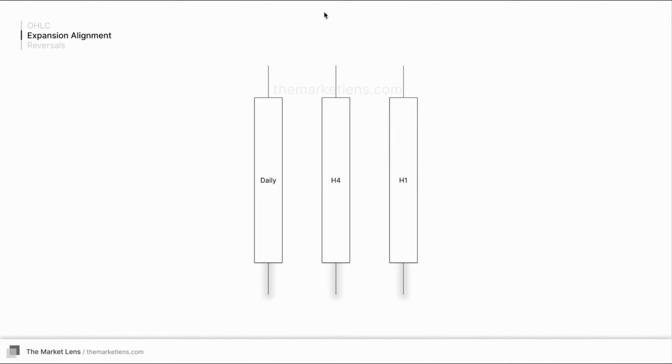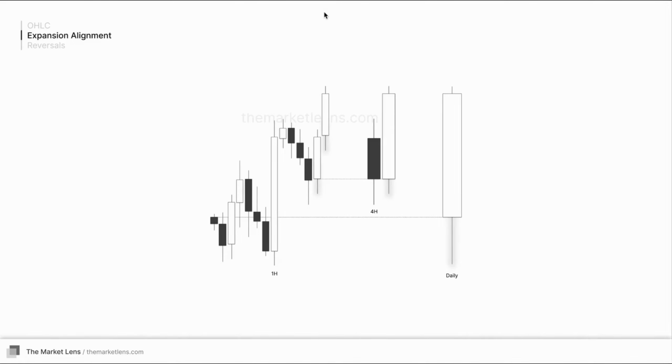True expansion occurs when all time frames are aligned in one direction. The goal of this section is to show you the process I use to achieve this. Once a key level is hit and the anticipated high of day or low of day is formed, aim to align multiple time frame expansion candles in the same direction. If the candle you're trading within does not support expansion, simply wait for the next candle's open to confirm expansion